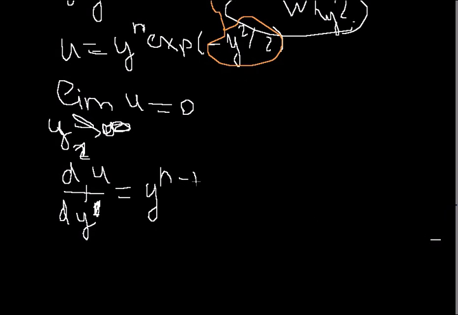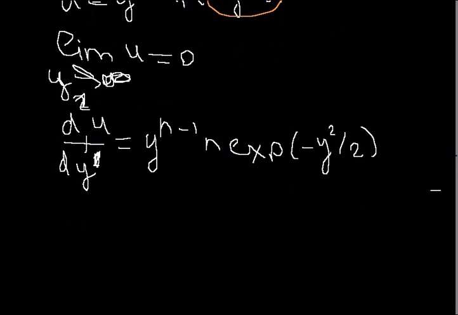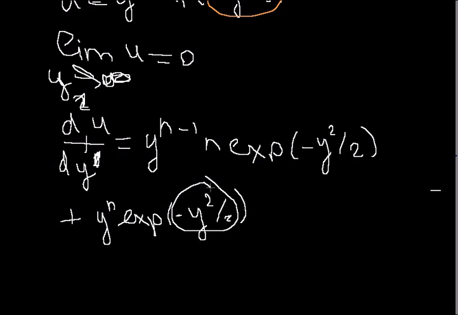It's y^(n-1) times exponent of minus y squared over 2, plus y^n times exponent of minus y squared over 2 and the derivative from this unit